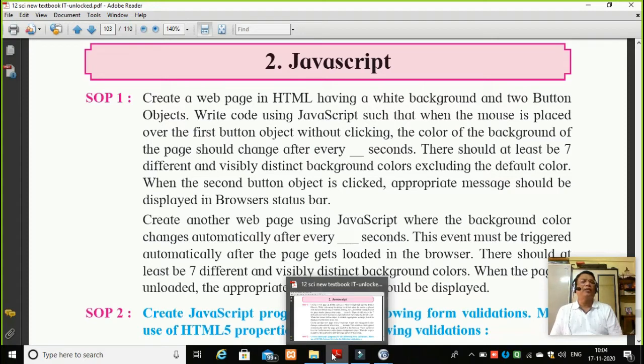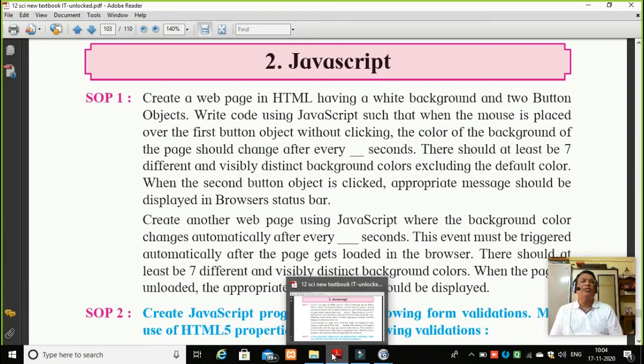when a mouse is placed over the button object without clicking, the color of the background of the page should change every 500 milliseconds. It is milliseconds.